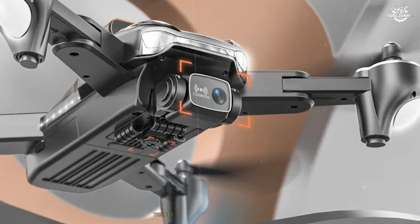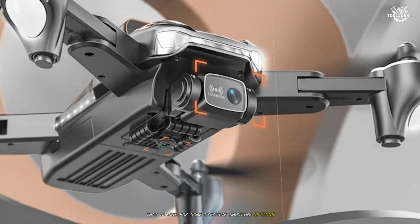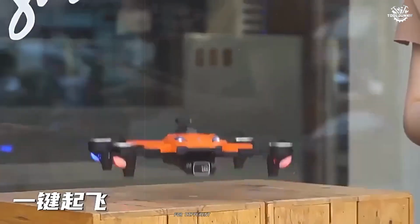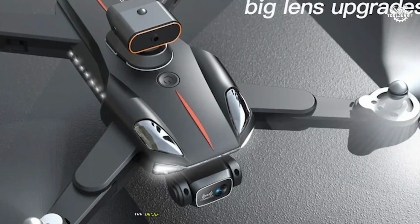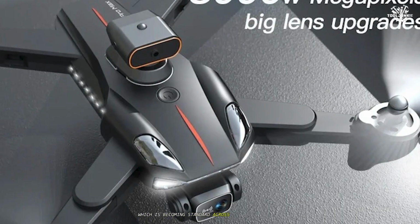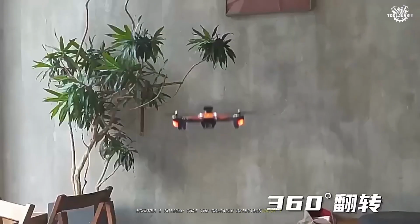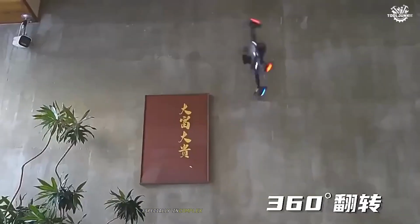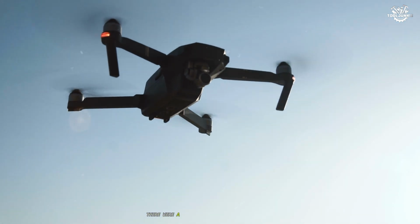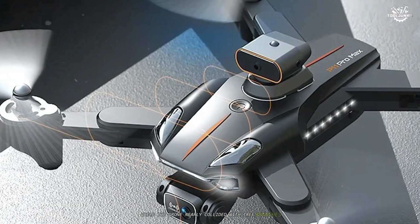of unboxing. The P11 Max features a dual camera system that allows for some creative shooting options. I particularly enjoyed the ability to switch between cameras for different perspectives. The drone also comes with obstacle avoidance technology, which is becoming standard across most modern drones. However, I noticed that the obstacle detection wasn't always reliable, especially in complex environments with multiple obstacles or in low light conditions. There were a few close calls during my testing where the drone nearly collided with tree branches despite